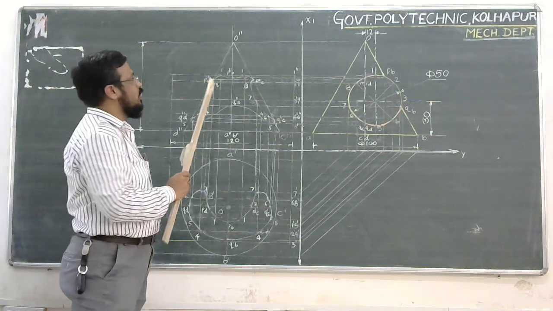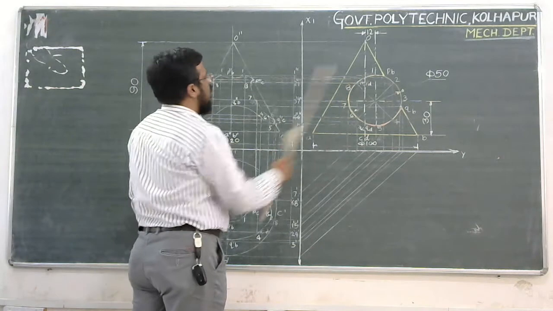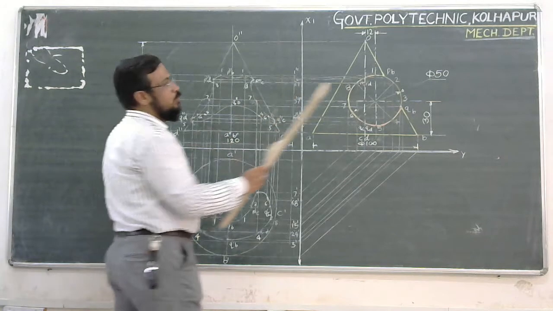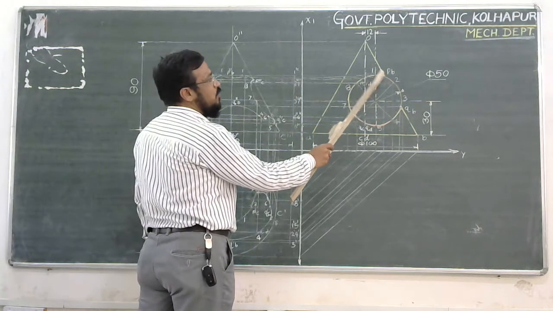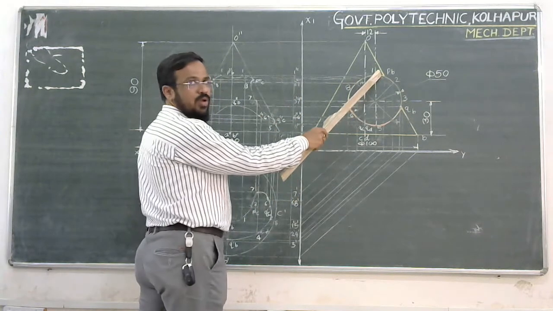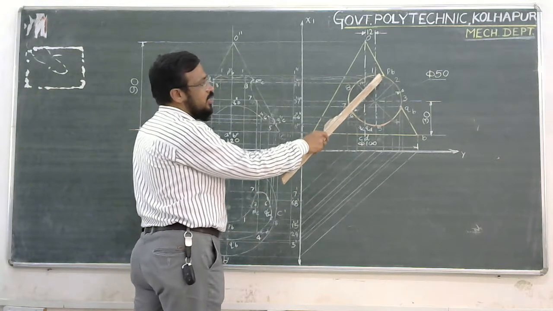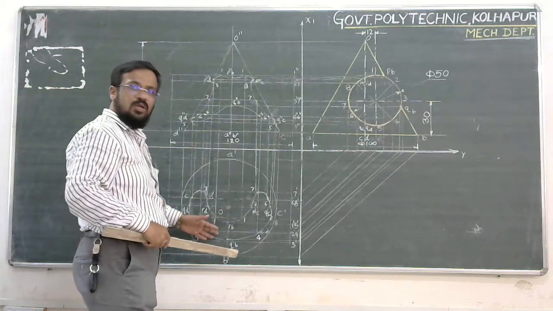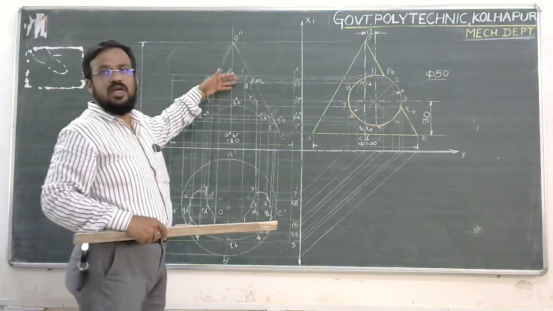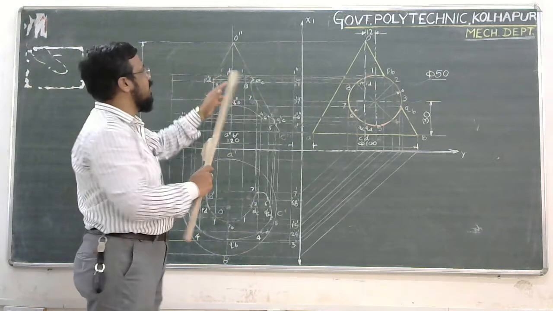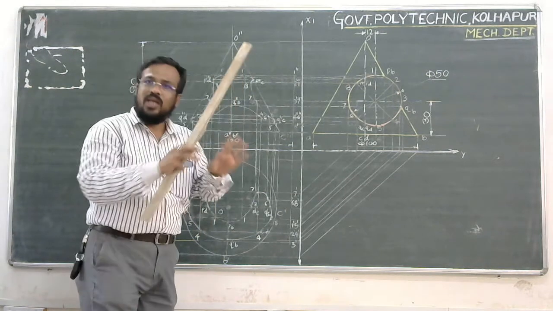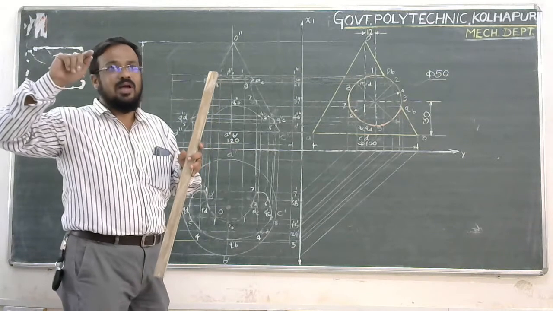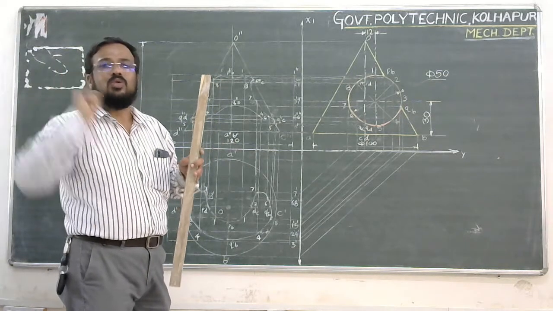Now the thing here is that in order to exactly locate the loop of this curve, you may consider a point between 1 and PB as a reference point over here. You can project this reference point into the top view, get the reference in the top view, and then again project it into the front view. That means in between PB and 1, you may take any number of references to get the loop of the curve into the correct form.